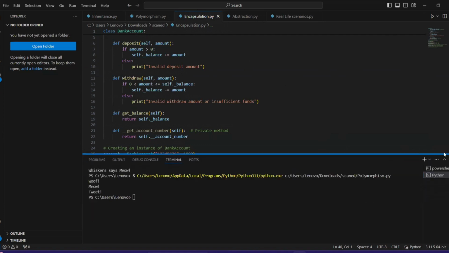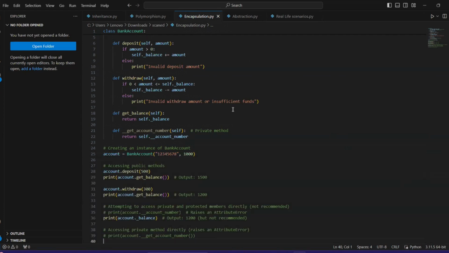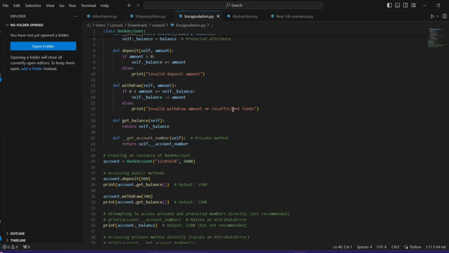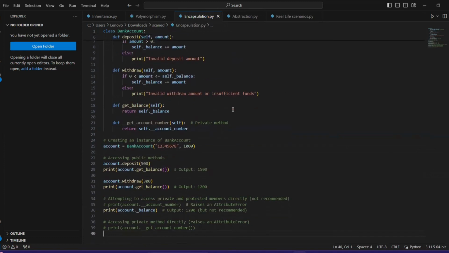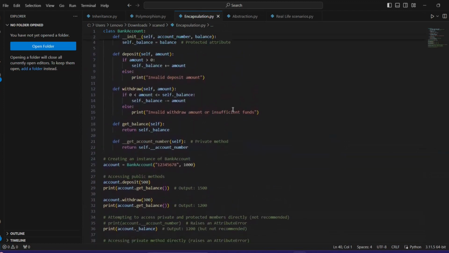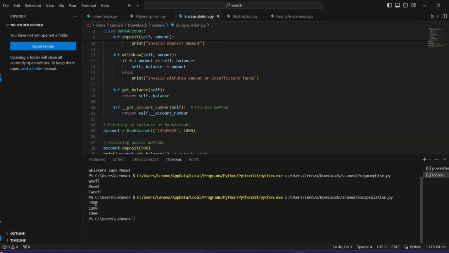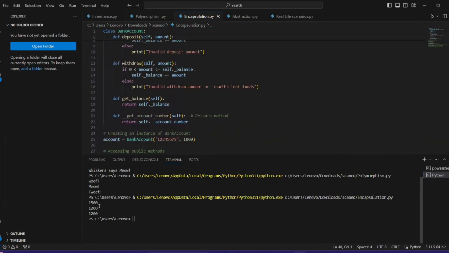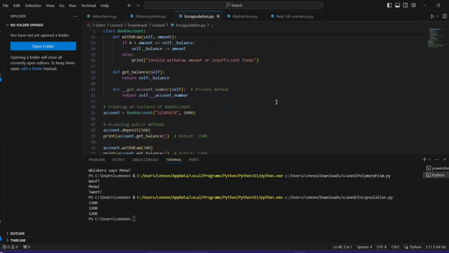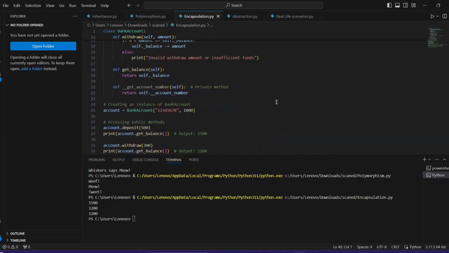We're going to use a bank to exemplify this. So we use the definitions deposit and withdraw. This code snippet has two types of members, the private and the non-public. So we're going to run this Python code. Here it is. As you can see, the balance, the amount of money in the bank account, decreased by 300 pesos, which means they deposited and withdrew money.